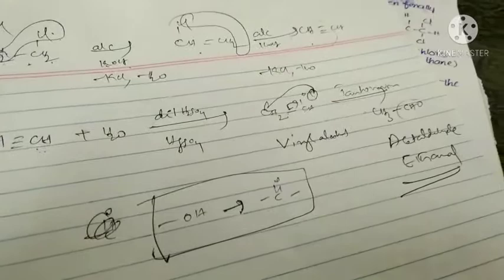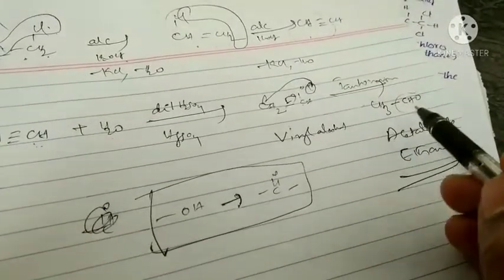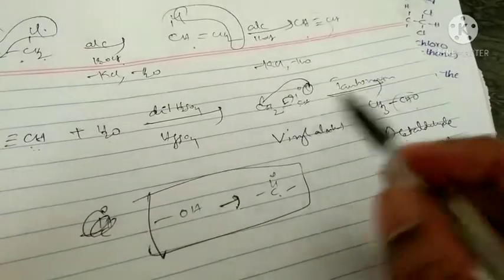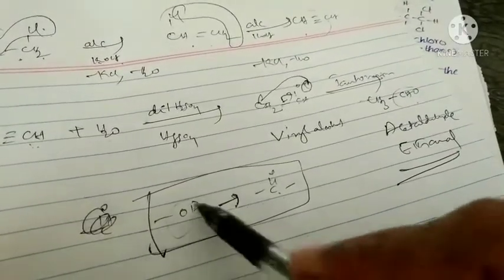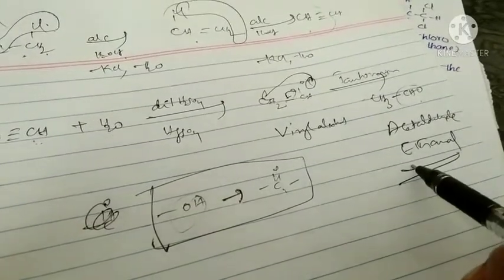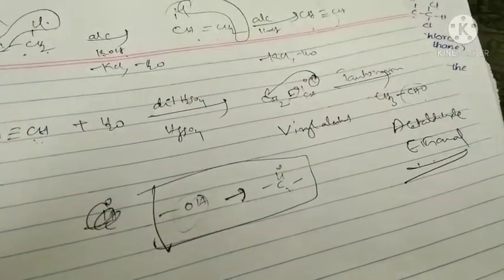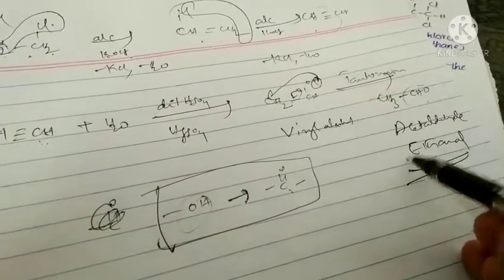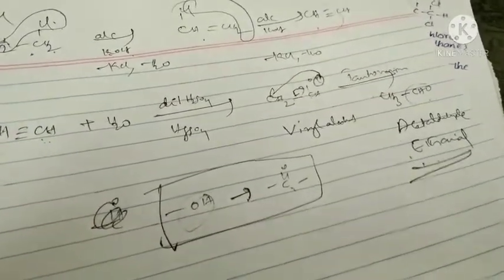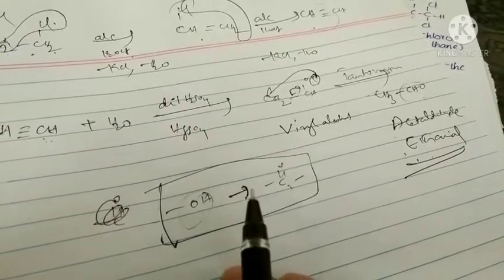So in CHO, a C double bond O is present. So what is the mechanism? During tautomerism, the OH part is converted into the CHO part. That is called ethanal. That is called what, students? Ethanal, the IUPAC name. Its common name is what? Acetaldehyde. Its common name is what? Acetaldehyde.